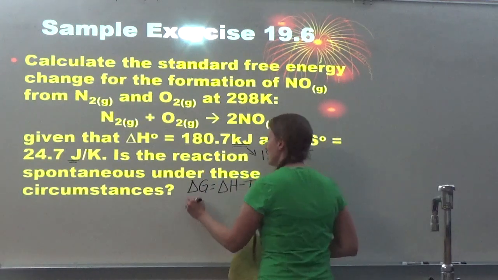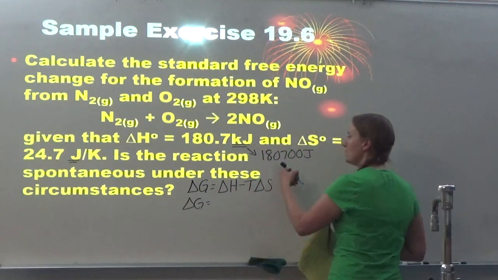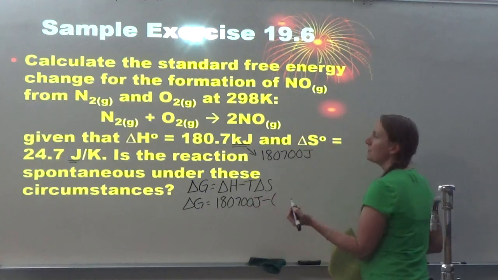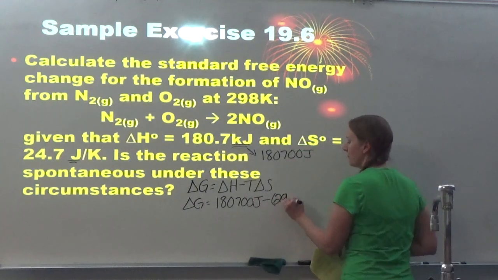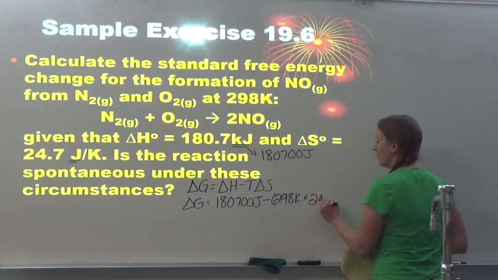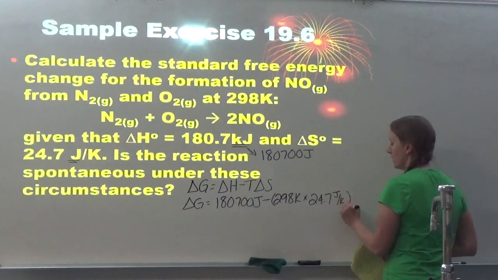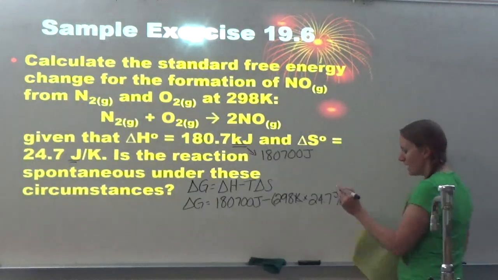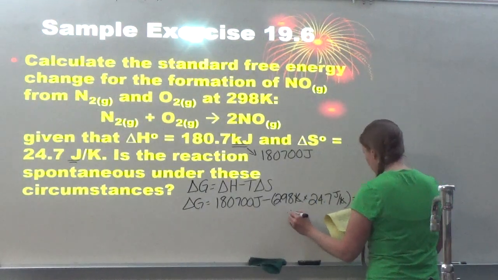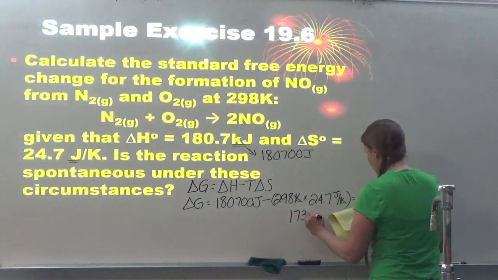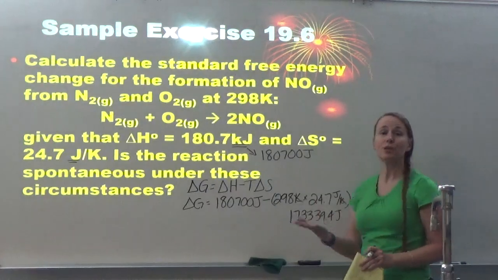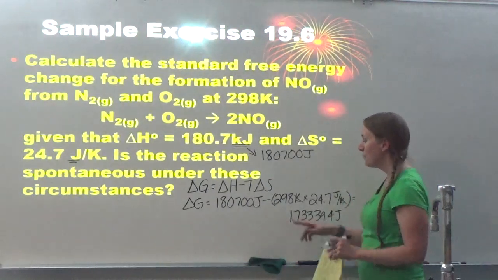Okay, so I plugged in. So my delta G is delta H, which I decided was 180,700 joules, minus my T, which is 298 Kelvin, times my delta S, which is 24.7 joules per Kelvin. So if you look, my Kelvin cancels, and so when I solved, I ended up getting a positive 173,339.4 joules, which of course is about 173 kilojoules if you chose to do kilojoules, but the important thing is